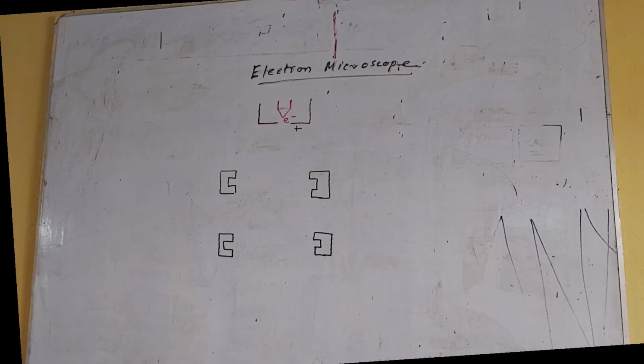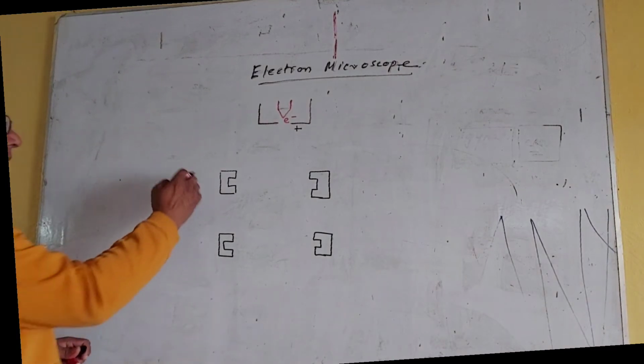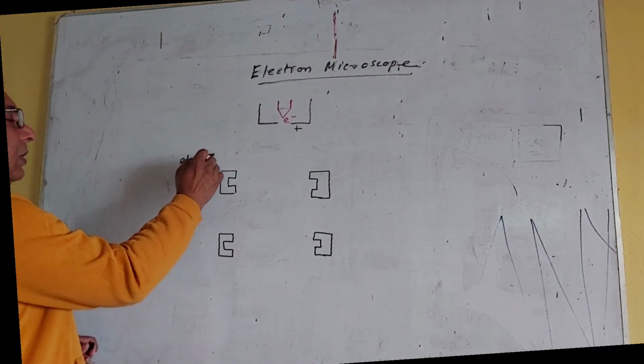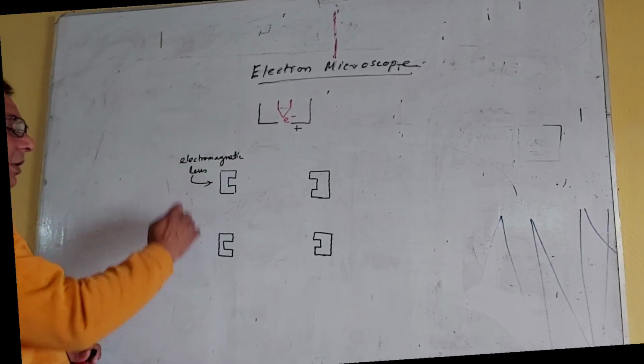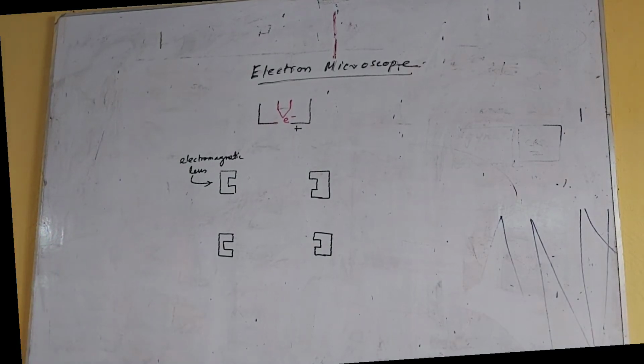There you use glass as a lens. Here, these are electromagnetic lenses, all of them. In fact there are three lenses, and the number may vary. The number may be more depending on the level of sophistication. If it is a high resolution microscope, then it will have more of these kinds of lenses fit into the vacuum tube.